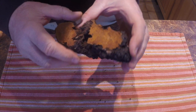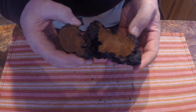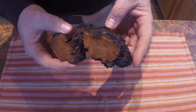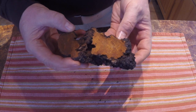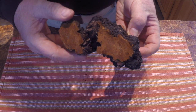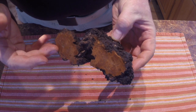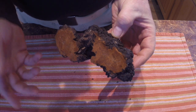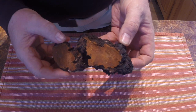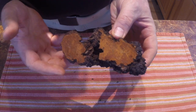So the idea behind this is if I'm going to use this for tea, which I'm going to, is to let it dry out. And I have to do a little research to find out how long that's supposed to happen for. And I believe it could be a few months or more. Then I'll do another video, and we're going to do a playlist called Wild Edibles, and I'm going to place the chaga under the wild edibles, so if you come back and you're searching for it, that's what it'll be under. And we'll show how to make the tea with it and processing this prior to making the